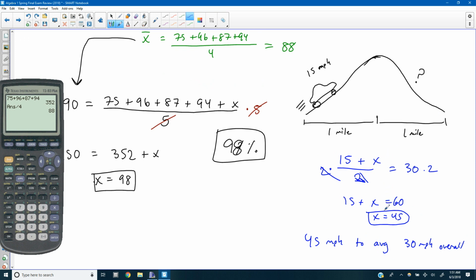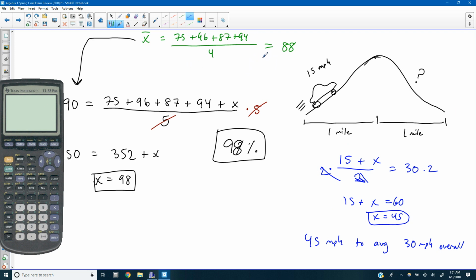And you're like, well, Einstein couldn't get that? No, the problem was the answer that Einstein put at 45. The problem is it doesn't go beyond math, but you got to see this beyond just the algebra of this problem. Some things are impossible to achieve. If you go 15 miles per hour over a course of a 2-mile road, you could go the speed of light after that and you still won't average 30 miles per hour, because to average 30 miles per hour for this trip, your first